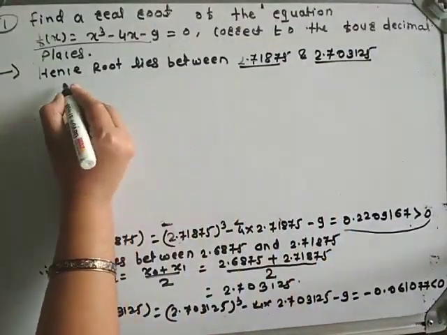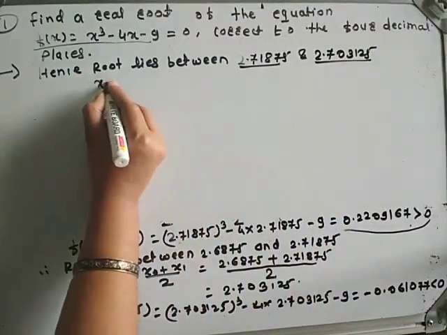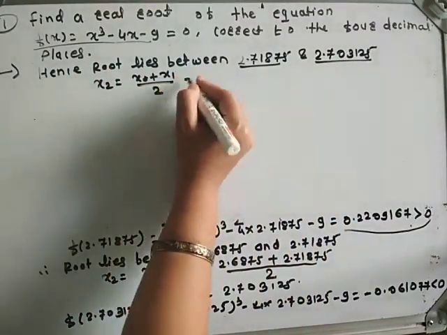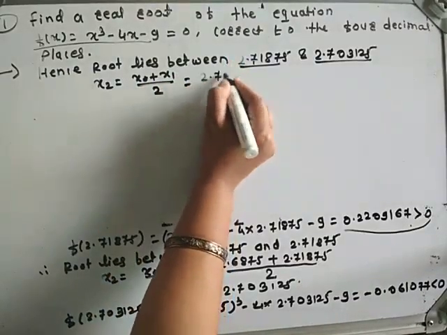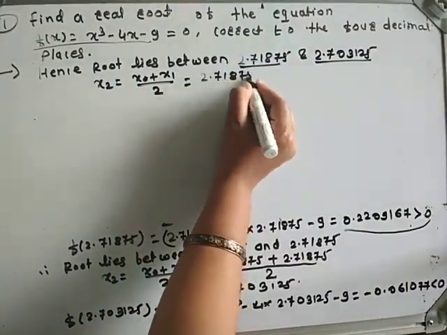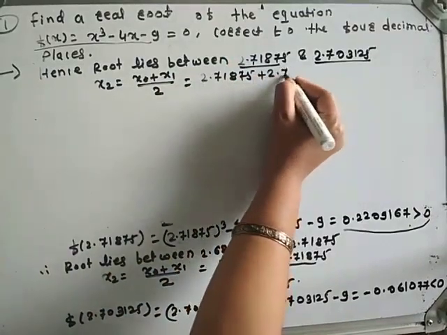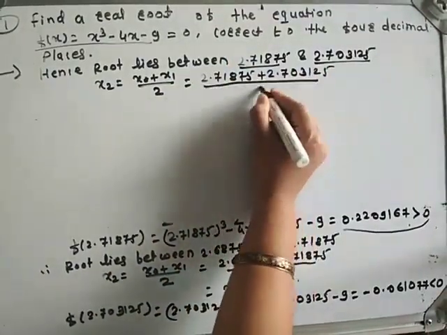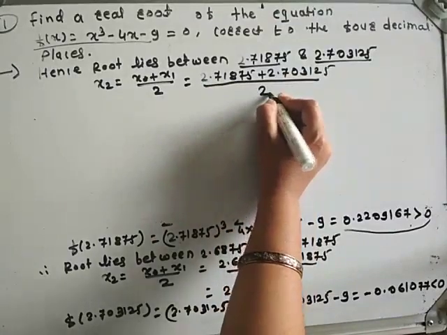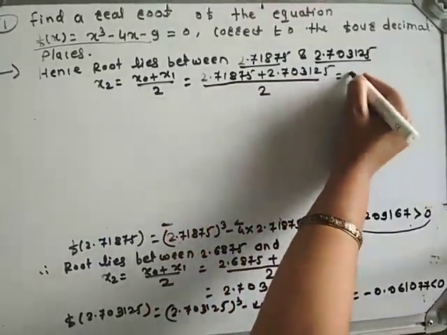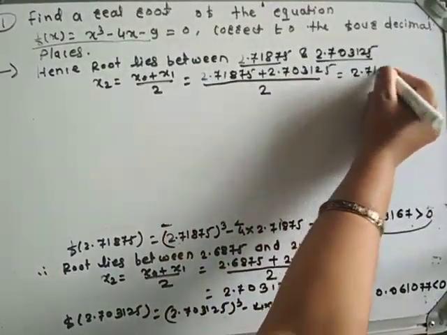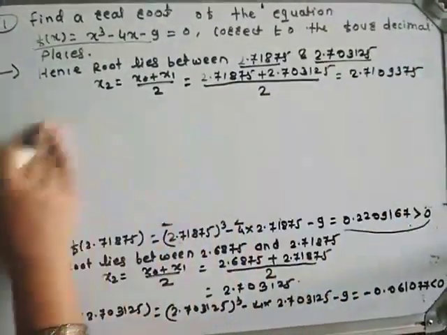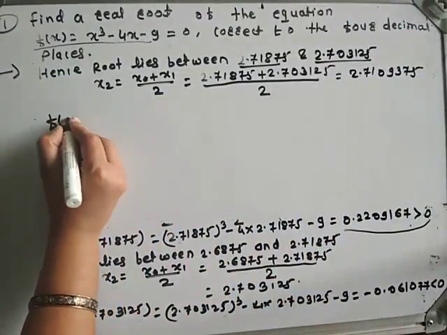Therefore, the approximate value of the root x2 is equal to (x0 plus x1) upon 2, which is equal to 2.71875 plus 2.70312 upon 2, which is equal to 2.7109375. Now we calculate f of